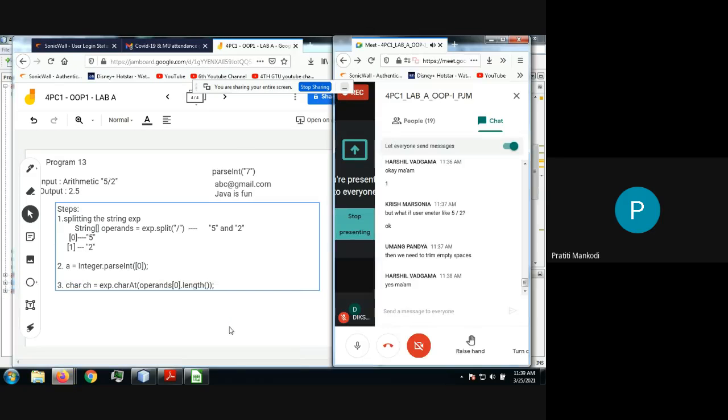Is it necessary that we will only have division in the expression? No, it can be anything. We are right now considering only basic mathematical operations. So it can be either plus, minus, multiply, or divide, right? So if any of these 4 characters is there, then I want to split based on these 4 characters. And we are right now considering a simple expression only, not having multiple mathematical calculations like 3 plus 4 into 7 divided by 5.